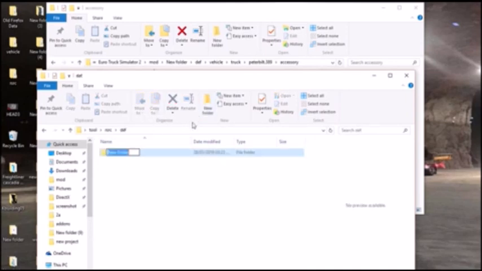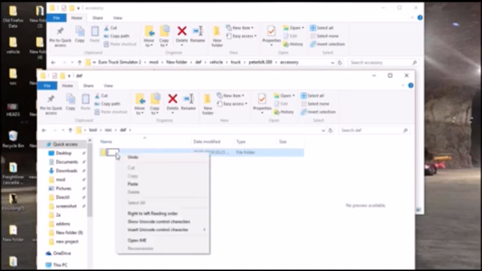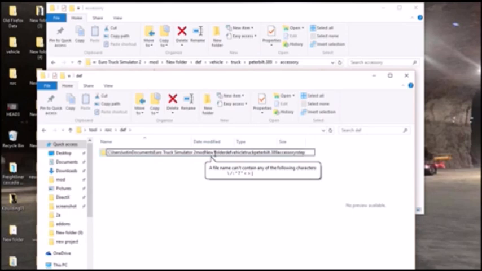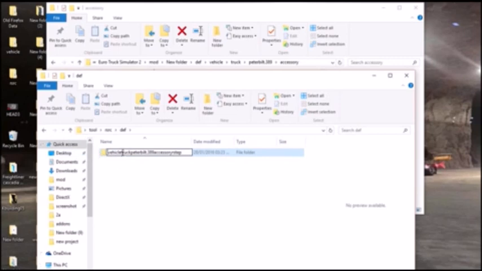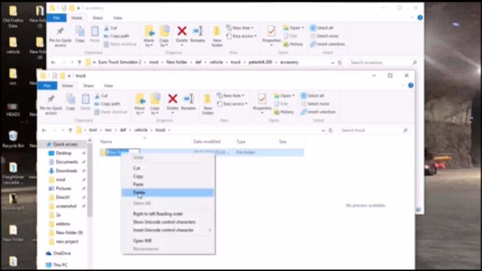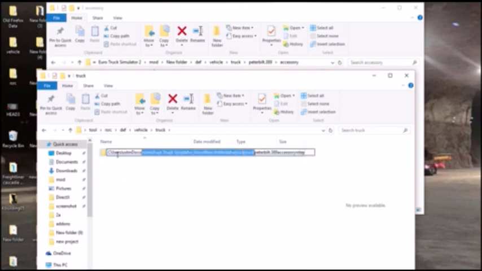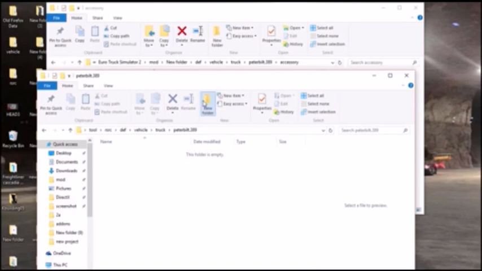New folder. So anything up above that, so you're in a vehicle, new folder again, rename, new truck, new folder again, paste, Peterbilt.389, new folder, paste, accessories,